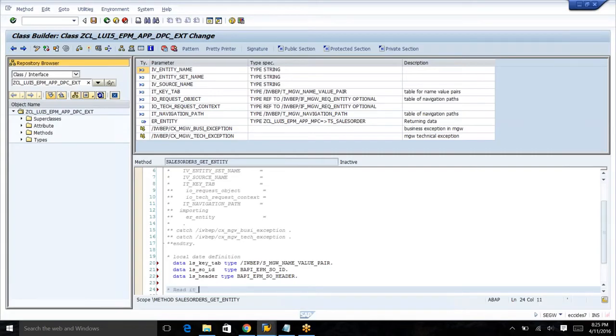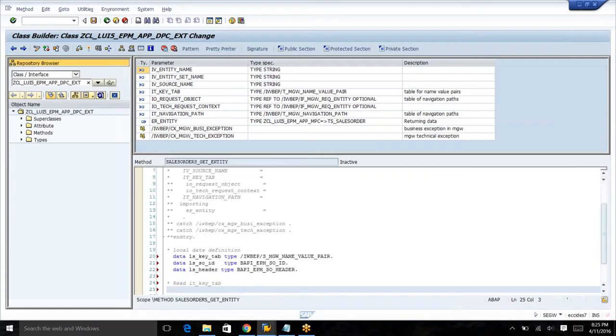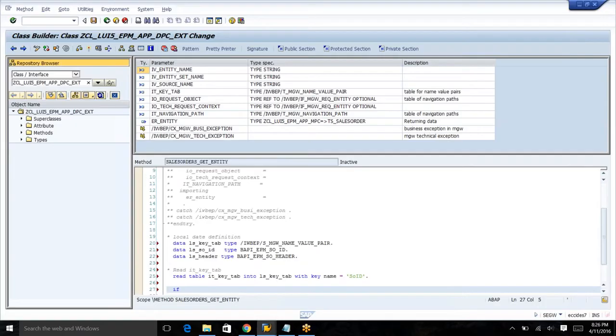Read IT key tab. Right. Read table IT underscore key tab into ls key tab with key name equal to the property name of the key, SOID. Okay. If ls key tab is not initial,